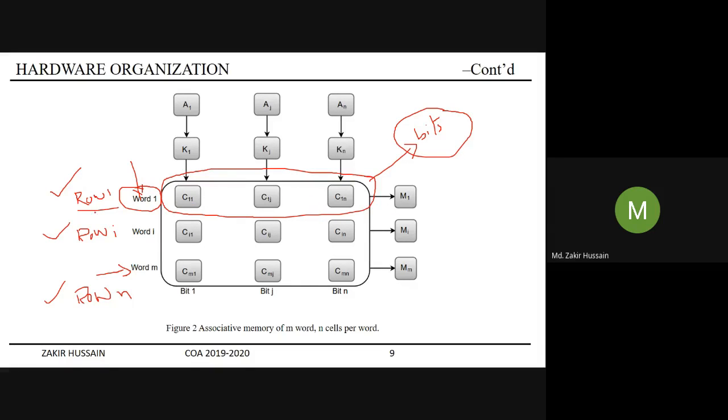There are n bits in a row. In a given word, there are n bits. You see the second suffix here. Keep monitoring the second suffix, the n here. So in a given word, or in a row, there are n bits. Now suppose our plan is not to compare all n bits, 1 to n. Our idea is only to pick fewer bits and ensure that the match is happening. The other bits we are not bothering about whether the match is happening or not. We are bothering about only fewer bits.